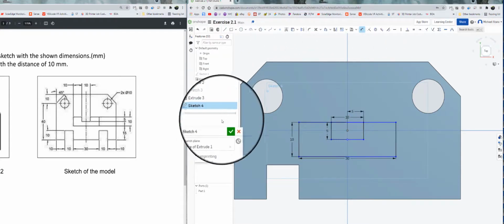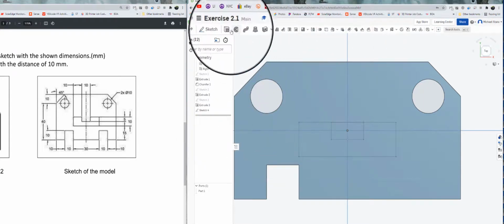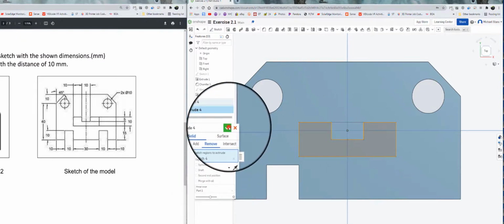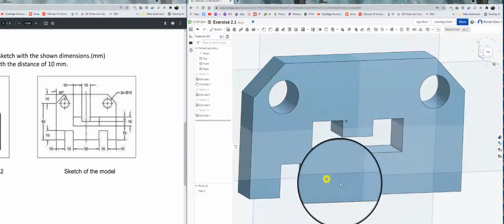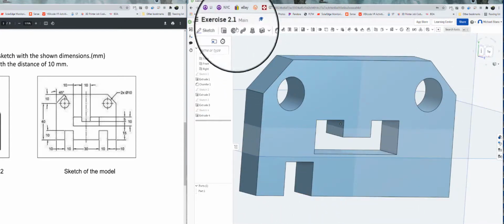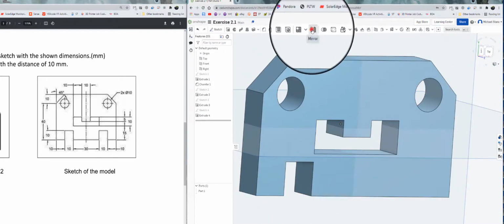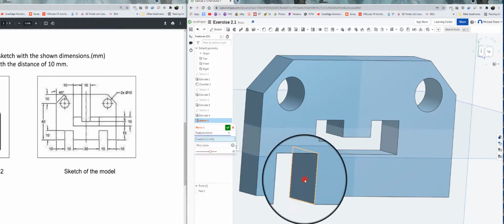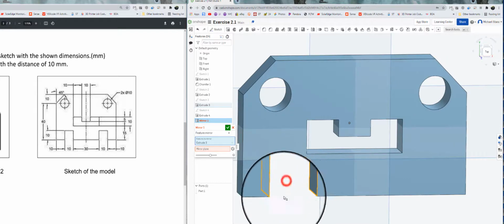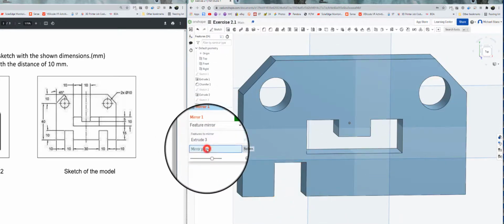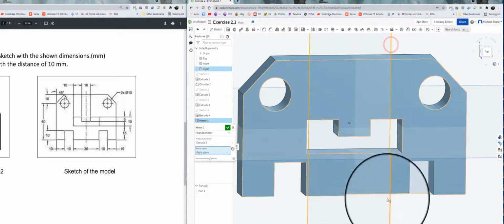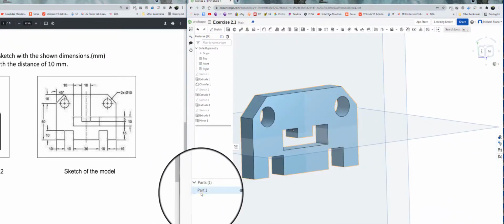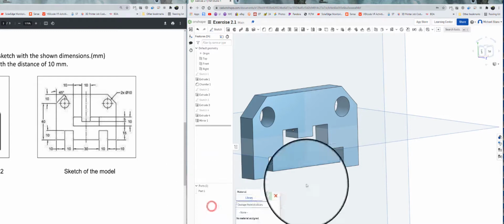We can finish sketch. Pick that area to remove. Check, there we go. Now all I gotta do is remove this. Mirror it. So I'm gonna go back to mirror, feature, click that feature, hit the red box, change the mirror line to that. There it is. Done. All we need to do is right click, assign material,